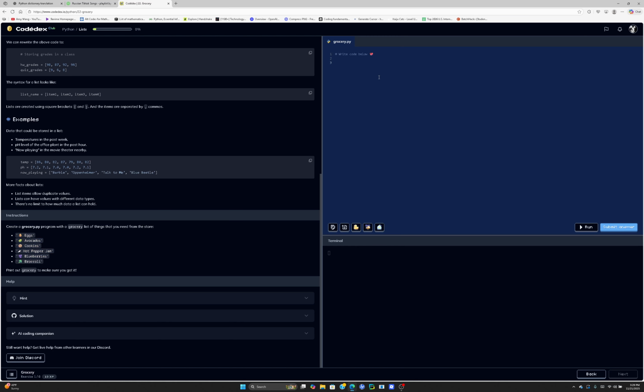So if we do grocery equals brackets, we could just copy and paste the elements, and then if we run it, we have to make sure we print out grocery, and this would be without quotation marks since it's a variable. So if we submit it,